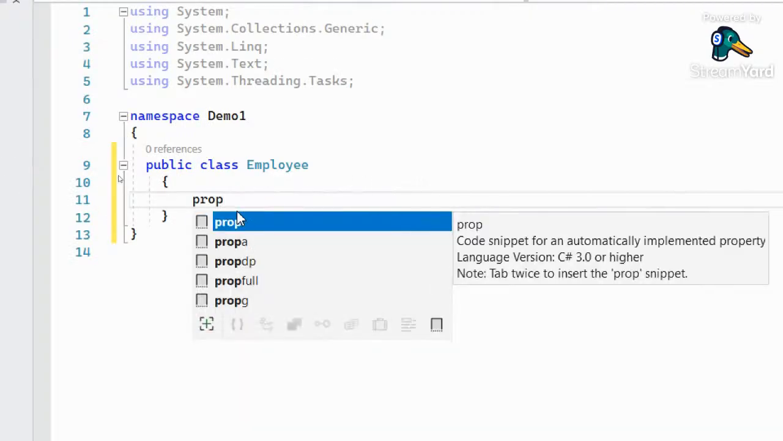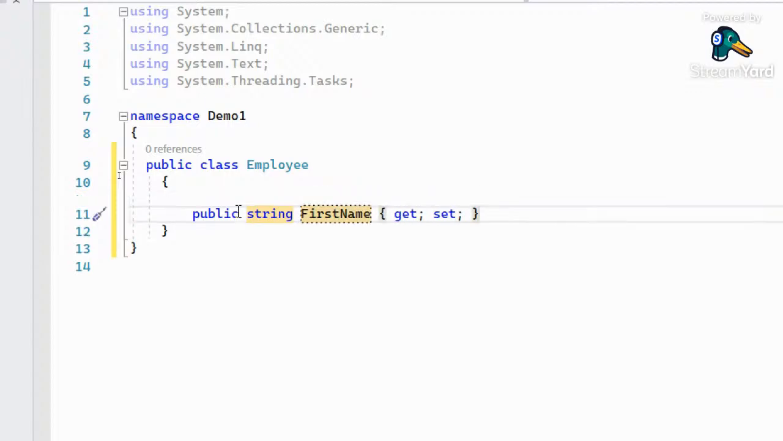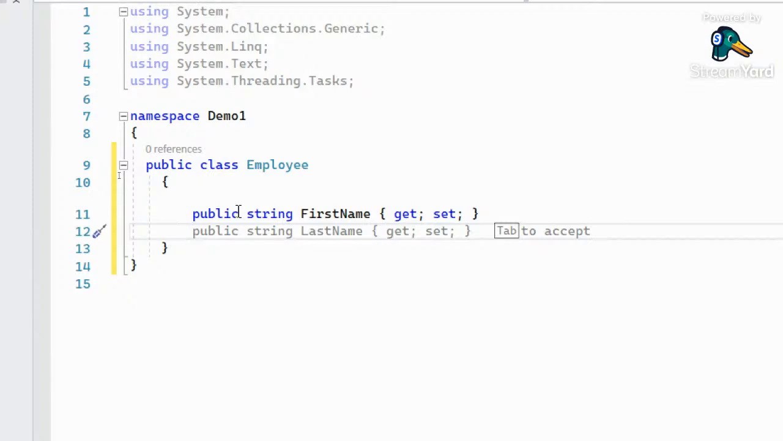So I'm going to say prop, press tab, and I'll say string FirstName. Press enter. Now see, Visual Studio identified that I have created a class named Employee and a property named FirstName. When I press enter, it immediately suggests that I am going to create another property